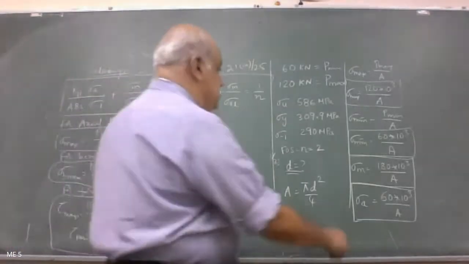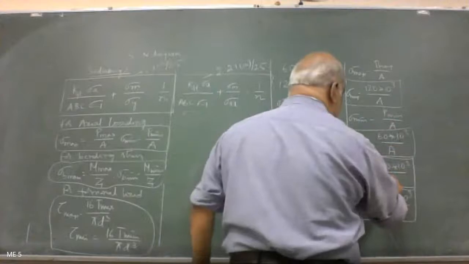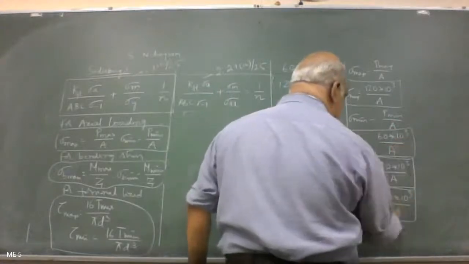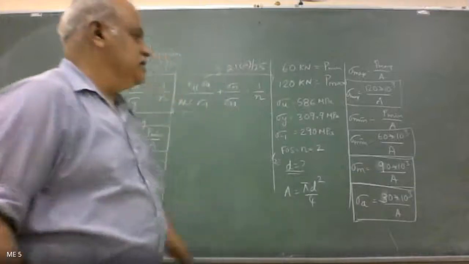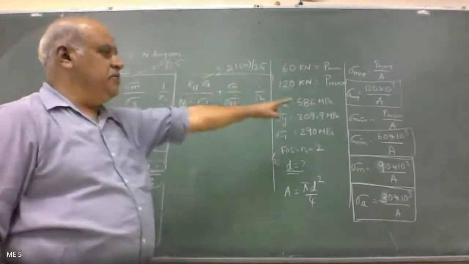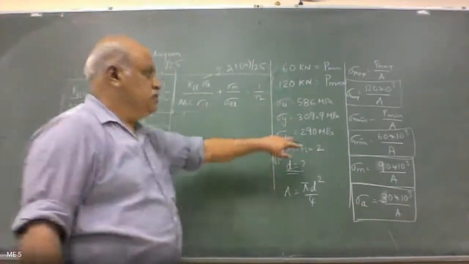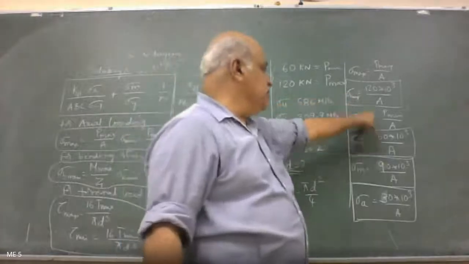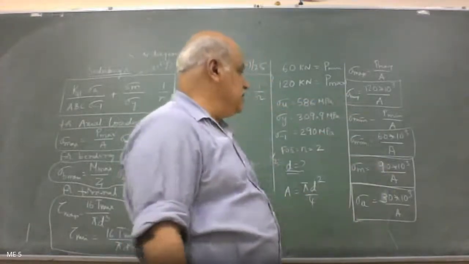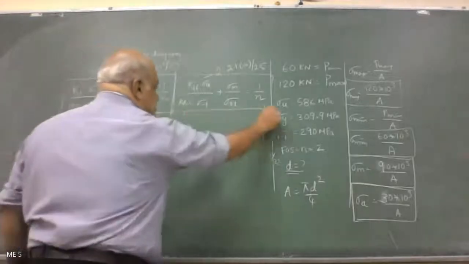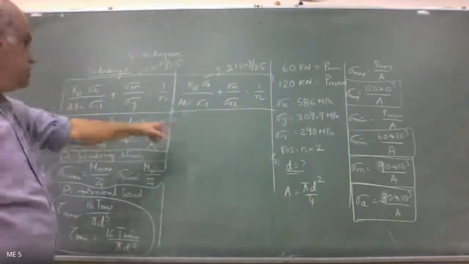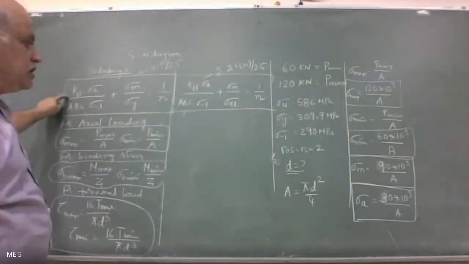So sigma max divided by 2. So therefore, it is going to be 90 and this is going to be 30. Correct? Because it is sigma max plus sigma minimum divided by 2. So therefore, 120 plus 60 divided by 2 is 180 by 2, that's 90. And 60 by 2 is 30. Yeah. Now substitute the values of my sigma mean and stress amplitude into Soderberg relation.